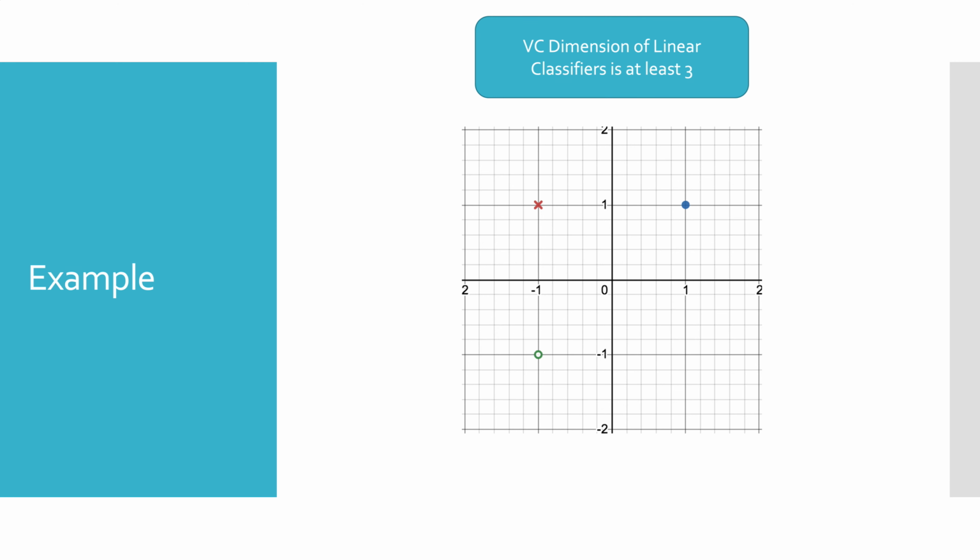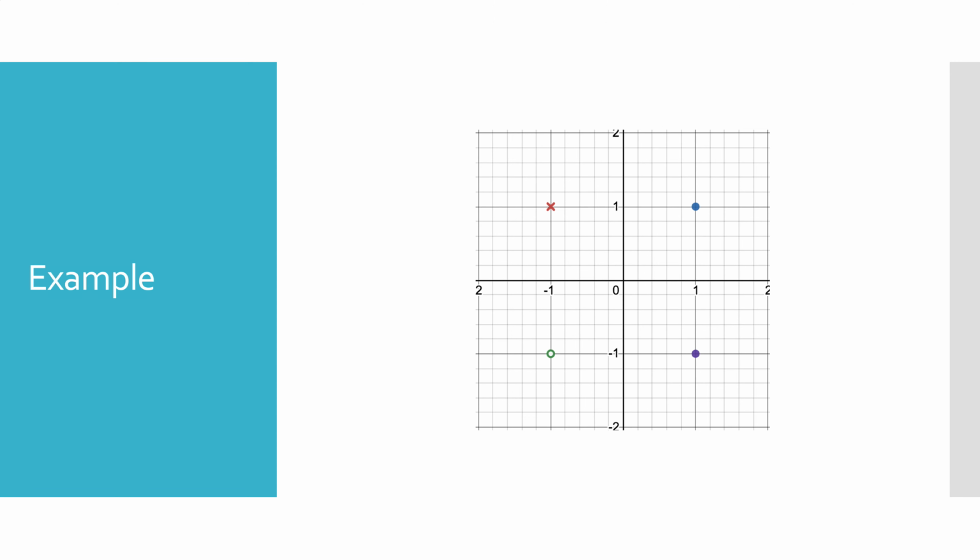Now let's try to do it with 4 points. With 4 points, we start putting lines in and we can get each point separated from all the other ones. And then we can get some pairs, but then we run into problems when we're talking about pairs on the diagonal. There's no way to separate the red X and the purple circle from all the other points without some kind of nonlinearity.